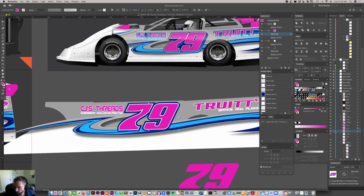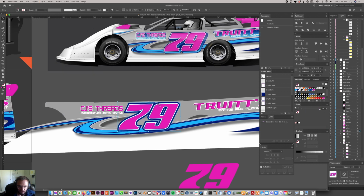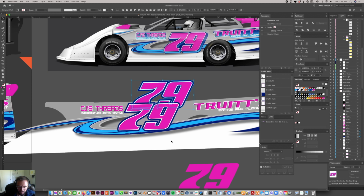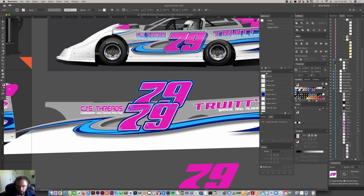And on this one here, because I did effect offset path, now when I go to Object, Expand Appearance, it'll just take all the shapes and make them into shapes that can be vinyl cut really easily. So like if I ungroup it, now I have all those pieces like that, okay? And so what I'm going to do is take those, put them back where they were, and bring them all underneath. And so they'll be below the 79, and it's just one shape now because I brought them all together,